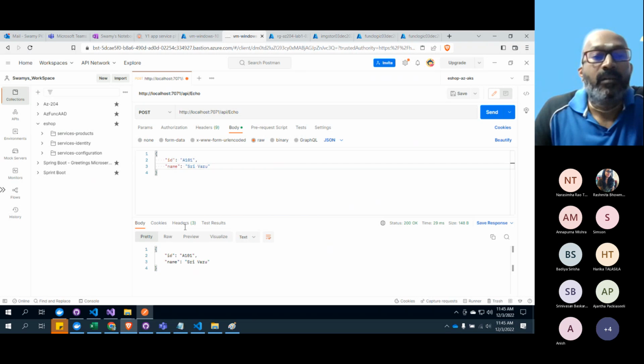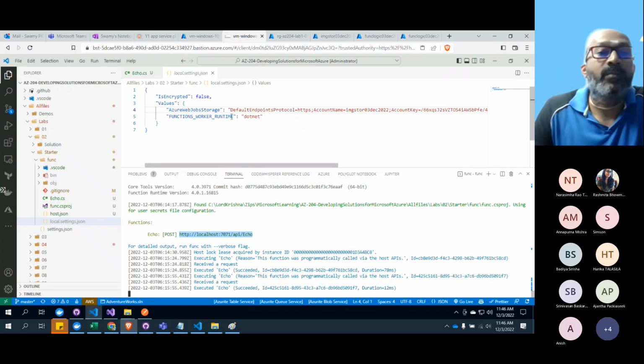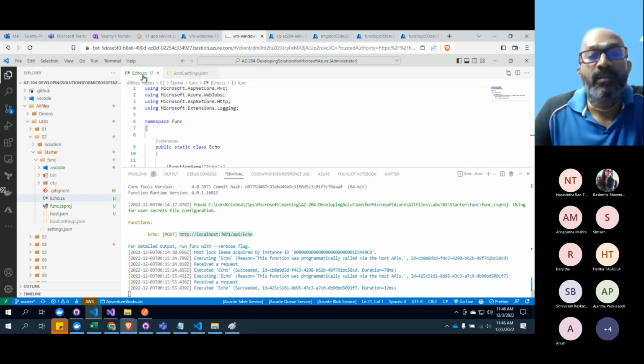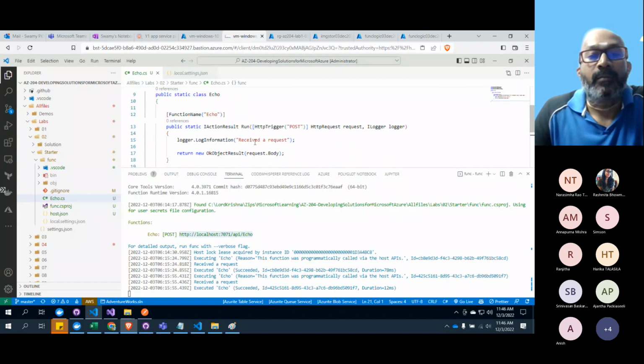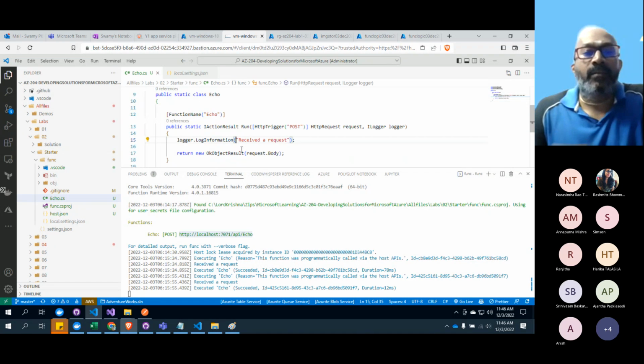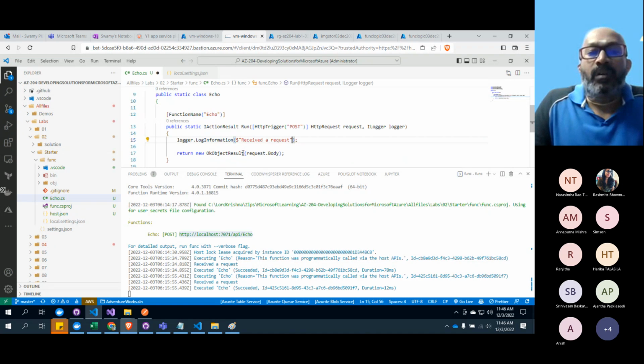So it's giving that back. Whatever body we send, it receives and sends it back. So that's what we are doing in these 2 lines. Here, whatever we receive, we are sending it out. So we can see the request which we receive: received request with body.